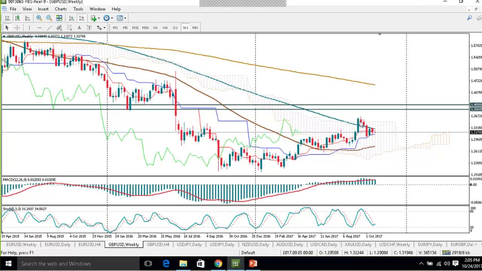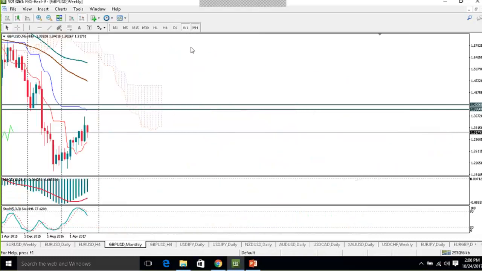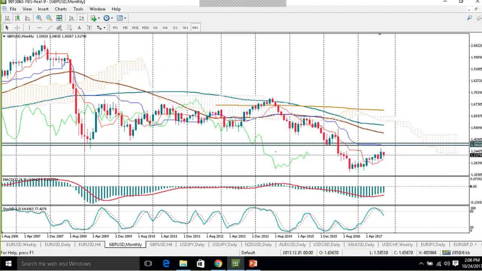There was a close above the cloud here on the weekly chart, but then the price returned back to the cloud. It's trading inside the cloud now. Lines act as important levels. Monthly chart here, well, monthly is a support and a resistance at